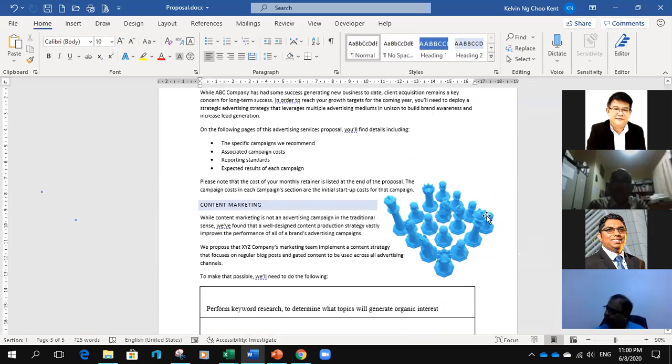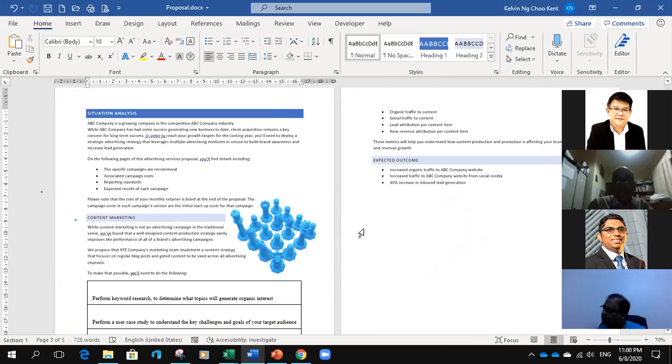Right, so any questions so far? These are very useful features that you can use if you have some storyboarding that you want to put in, how you can position the picture any way you like. You can put in the storyboard. You don't have to depend on PowerPoint to do that. In your proposal alone, you can put in the pictures.